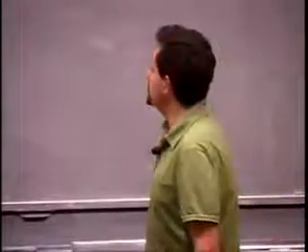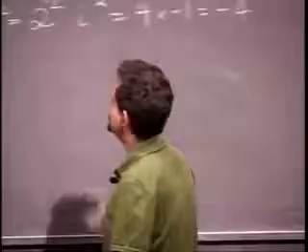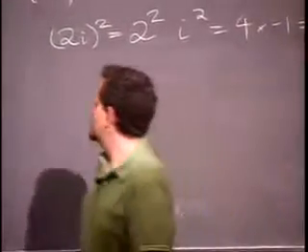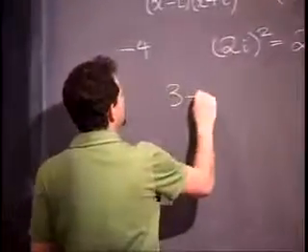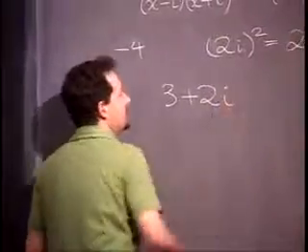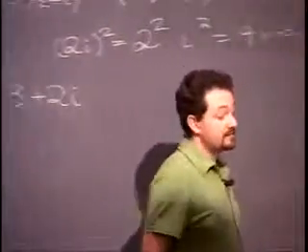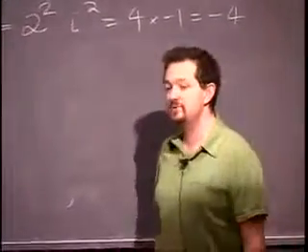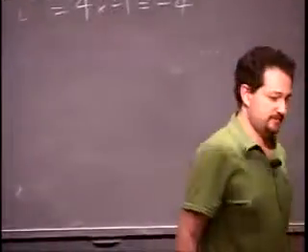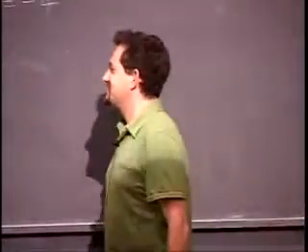You can add real numbers and so-called imaginary numbers. 2i is an imaginary number. But a number like 3 plus 2i is a real number plus an imaginary number. You cannot simplify that down anymore. This is called a complex number. So a complex number